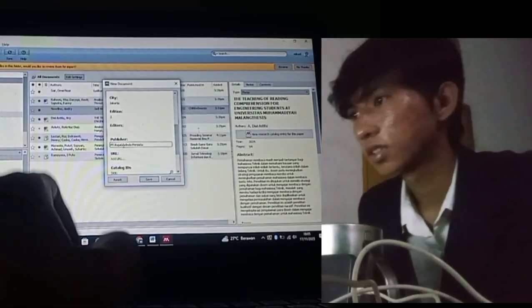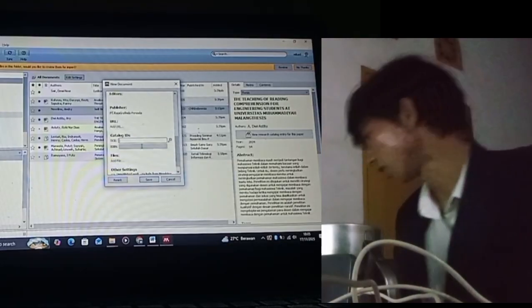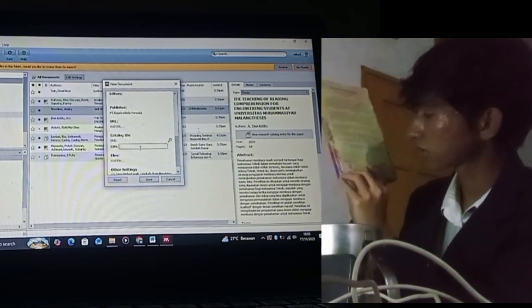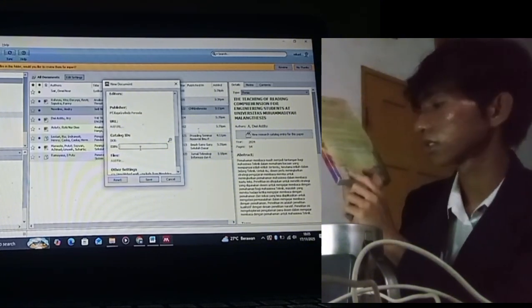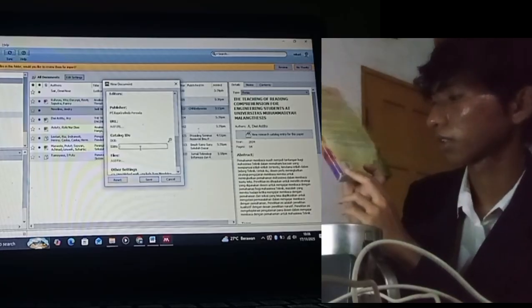And the URL you can skip, and the title of others you can skip, and the ISBN you can find in the back cover of the book.